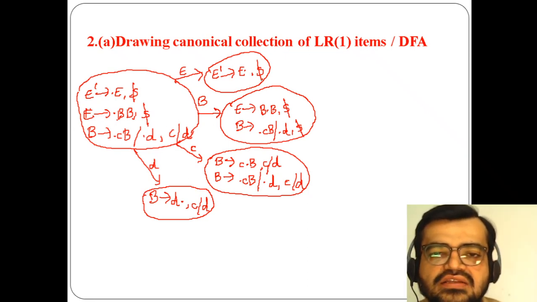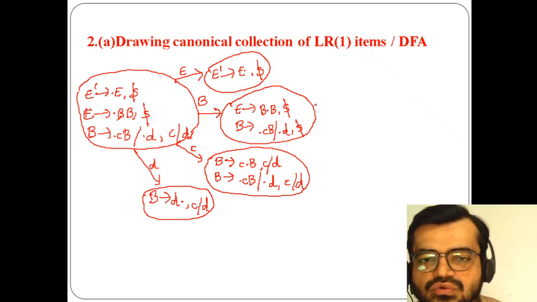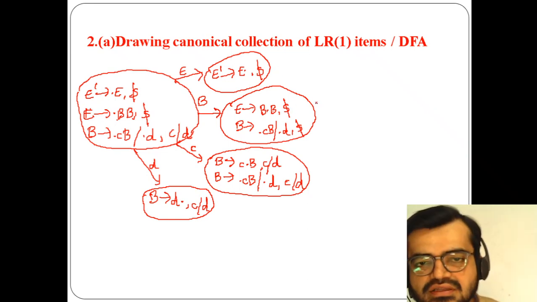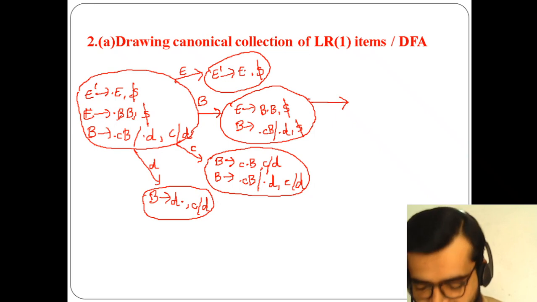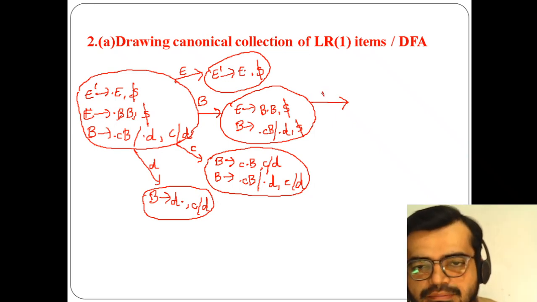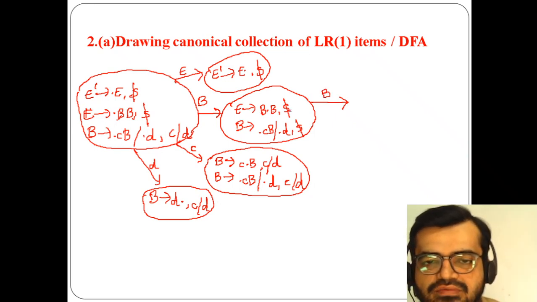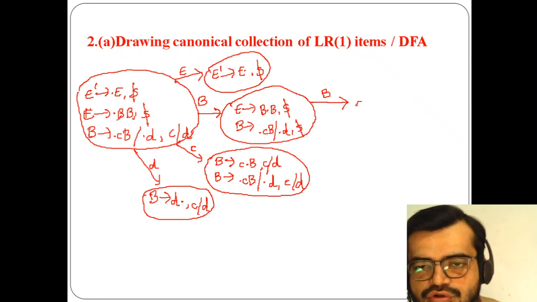Now if you see this first production E, it is completed. Now I have to use this one. When I'm using this one, I have to use B here. So now this dot will move to this side, so it becomes E of BB dot.